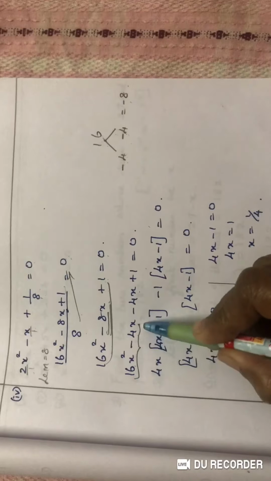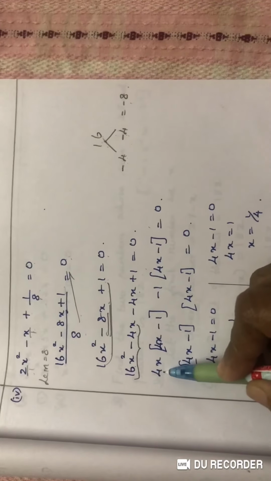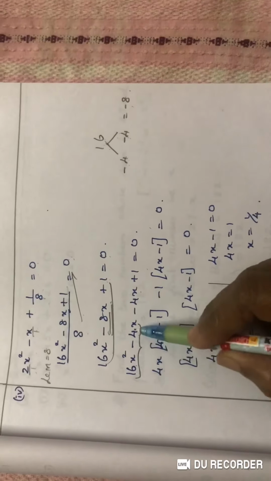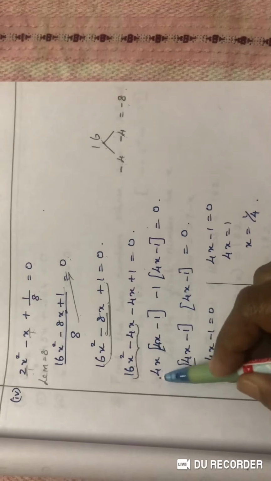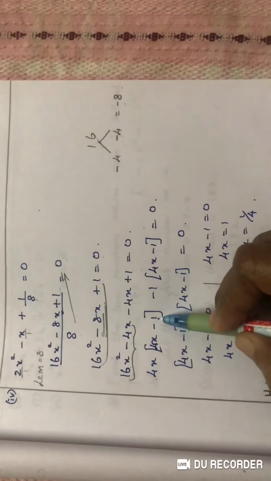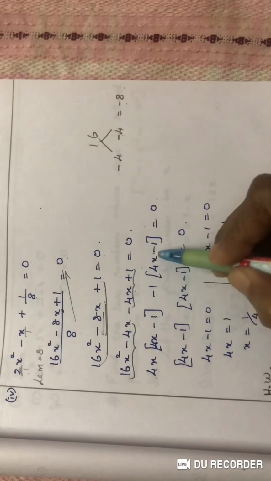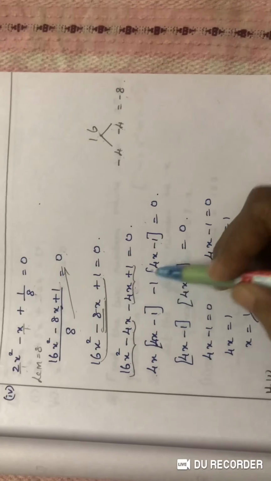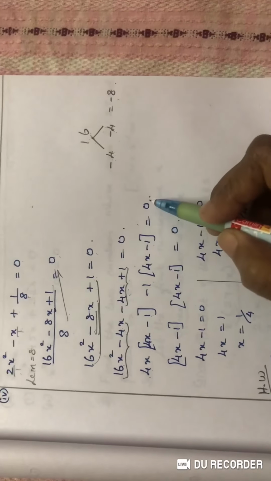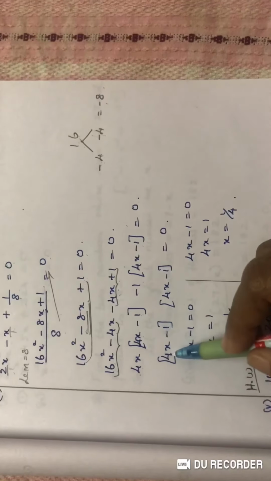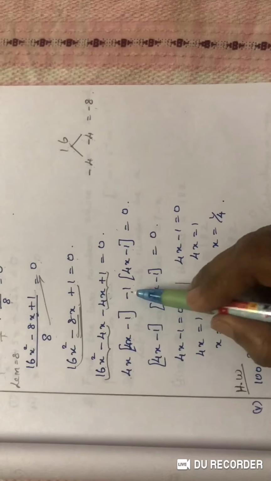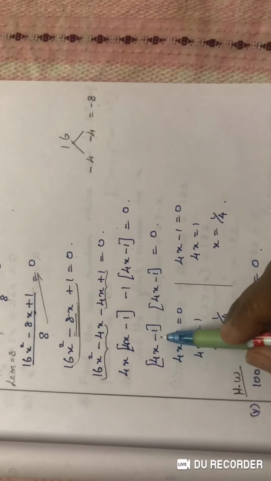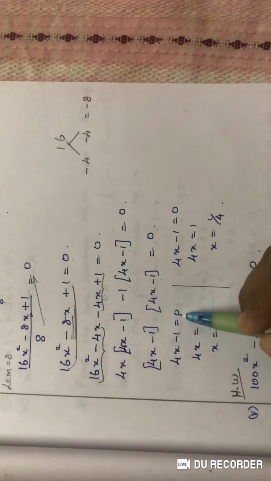From the first two terms, I can take 4x as common. 4 fours are 16, so one 4 is rest. Here x minus 1. 4x I have taken outside, so it is understood as 1. Here from these two terms, 4x minus 1 I need. So I am taking minus 1 as outside. So I will get 4x minus 1 is equal to 0. So 4x minus 1 if I am taking common, I will get 4x minus 1 only inside the bracket equal to 0.